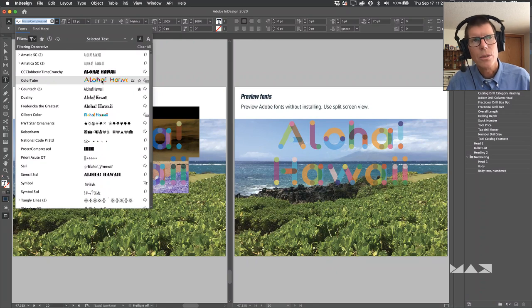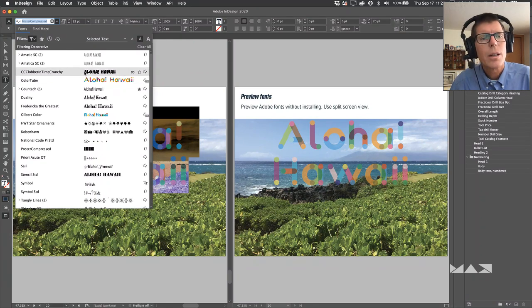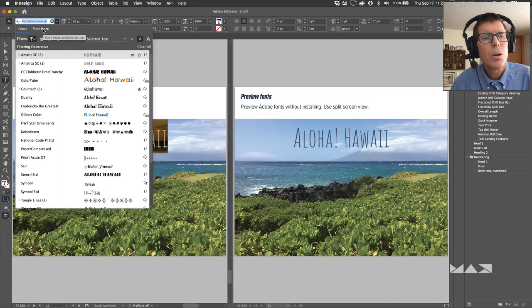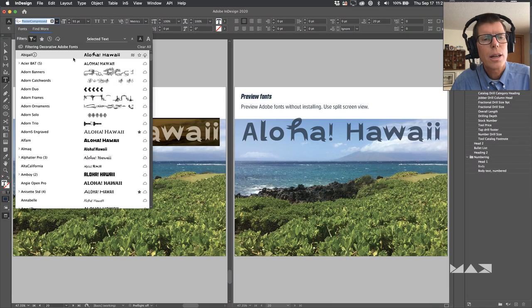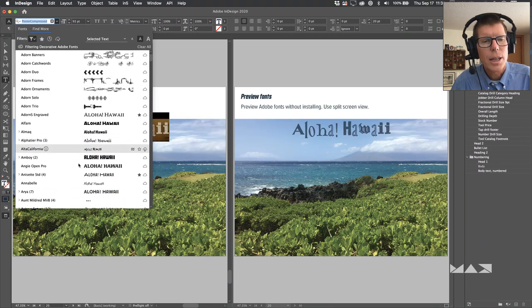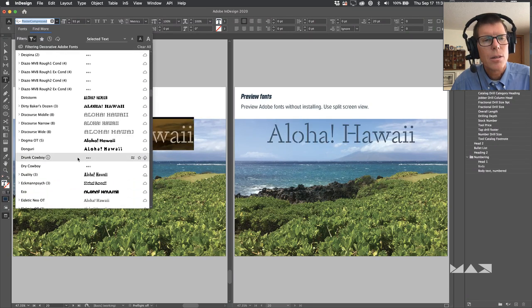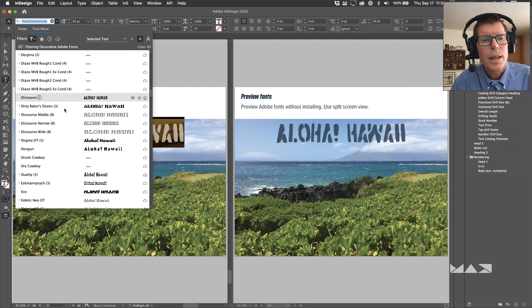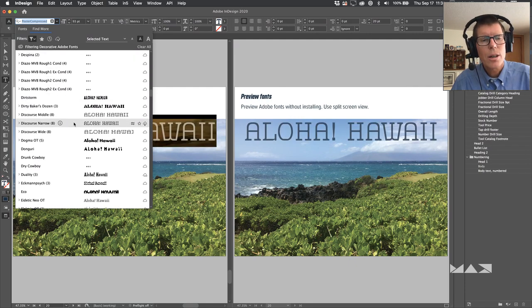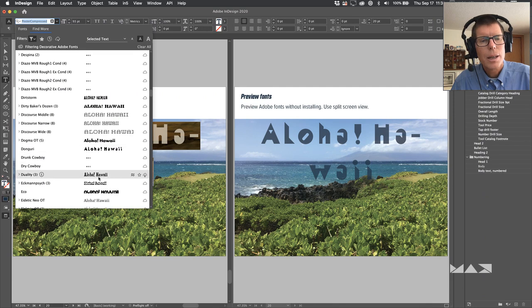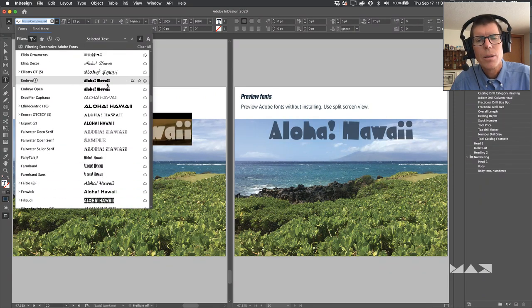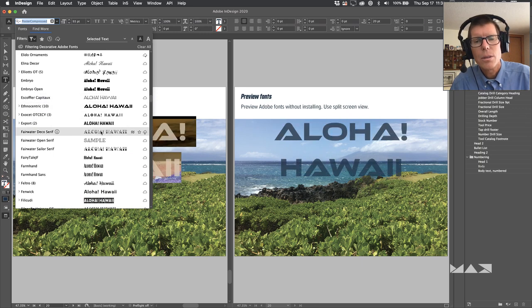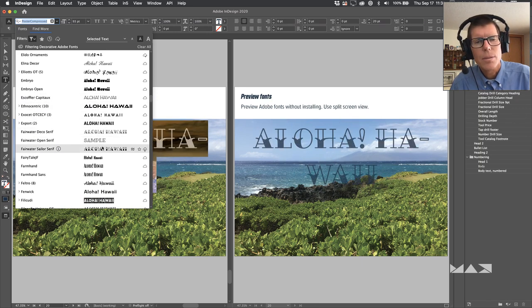So I want to go out to fonts.adobe.com and see if there's one there that I might like. Well, if you click on Find More, it will display all of the decorative fonts on fonts.adobe.com, basically because I have them filtered. And these are all fonts that I do not have installed on my system, but I can preview them all in the context of my layout without having to install them first.